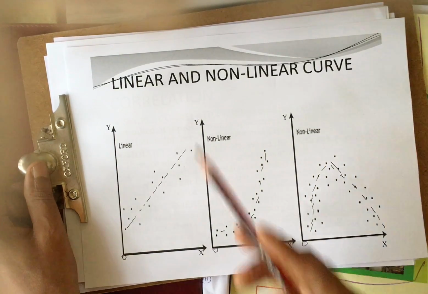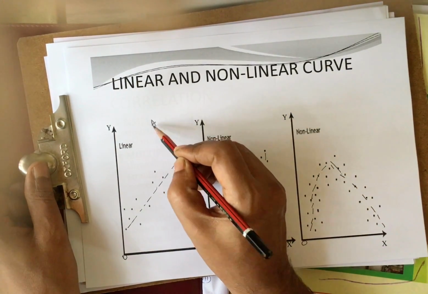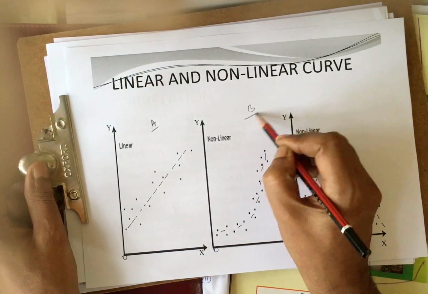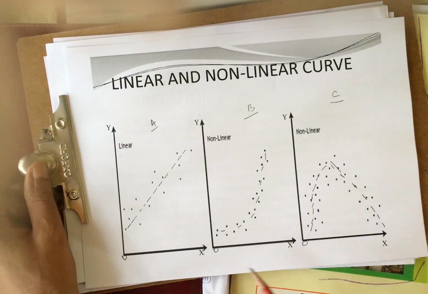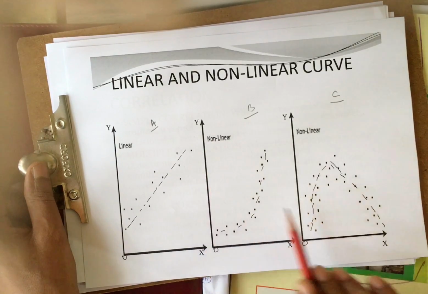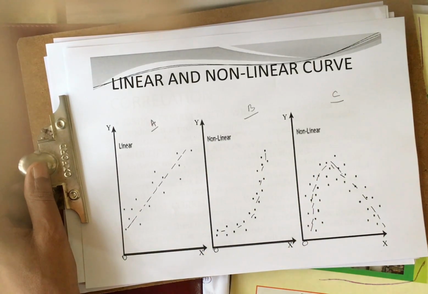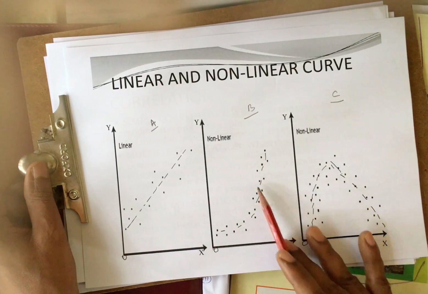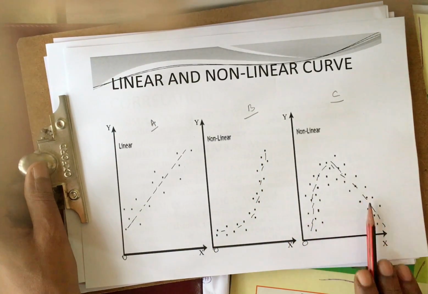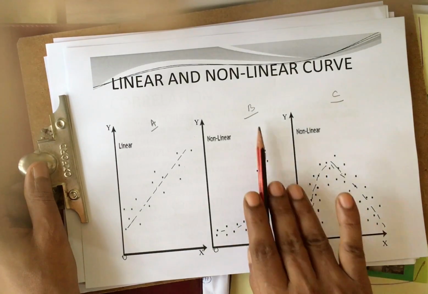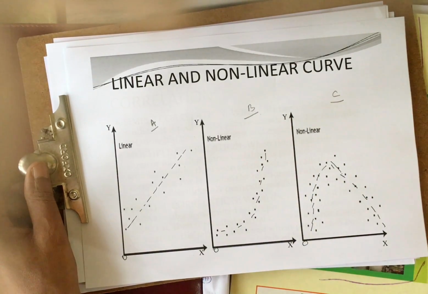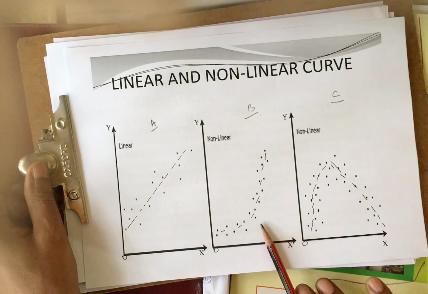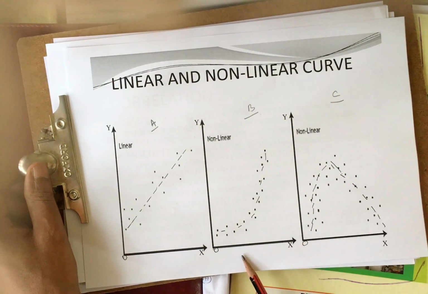Whereas, come to the next diagrams, the B curve and the C curve. B is also the same, almost: supply is taken on the x-axis and price on the y-axis. Whereas B is sloping as a curve, and it is an inverse U shape. So in both cases, case B and case C, although the points are close to the line, there is not a constant change between the two variables.